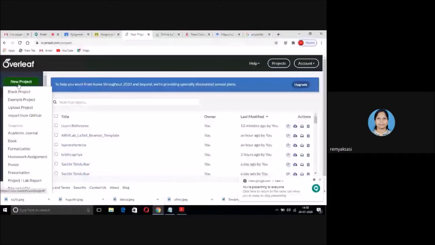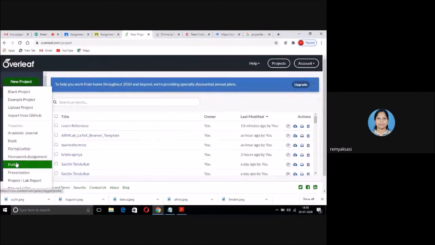When you take a new project, you see a blank project, example project, upload project, but come down, and a number of templates are available: academic journal, book, letter, homework, poster. It is very easy to make a poster using LaTeX. We will go through academic journal first.